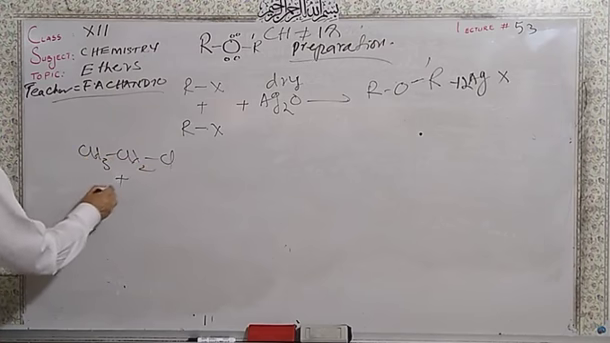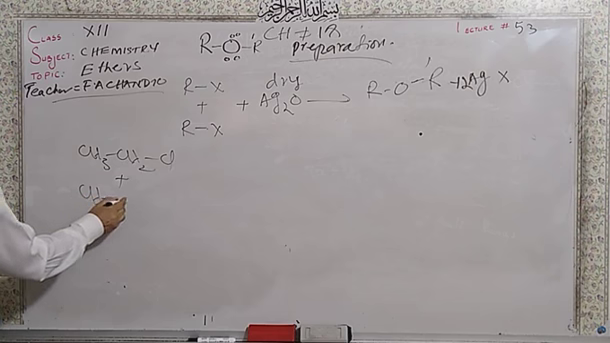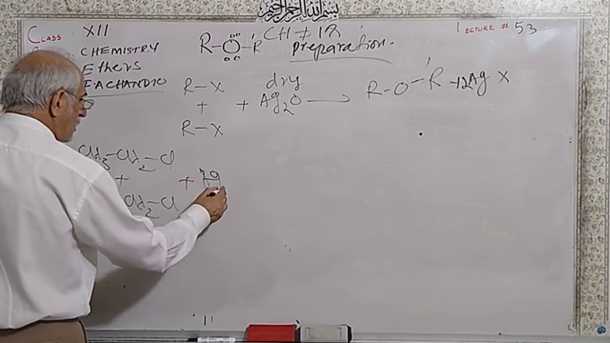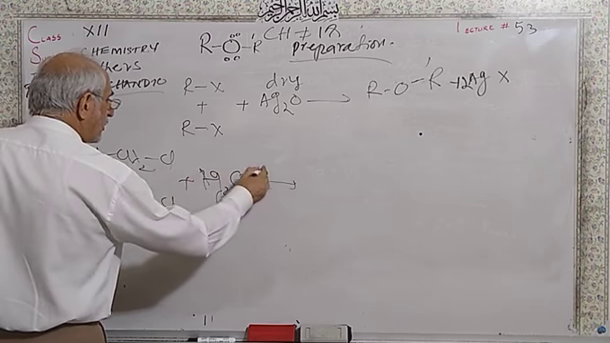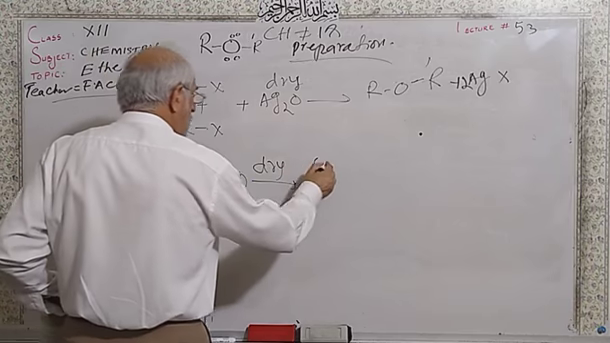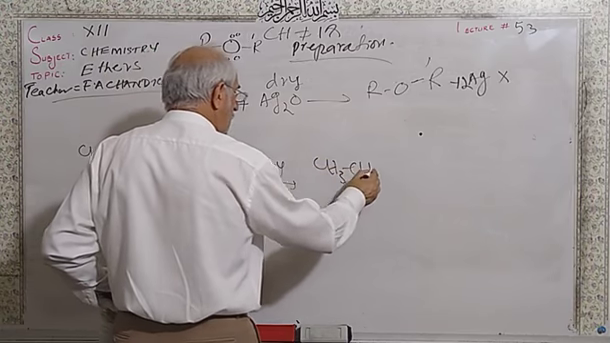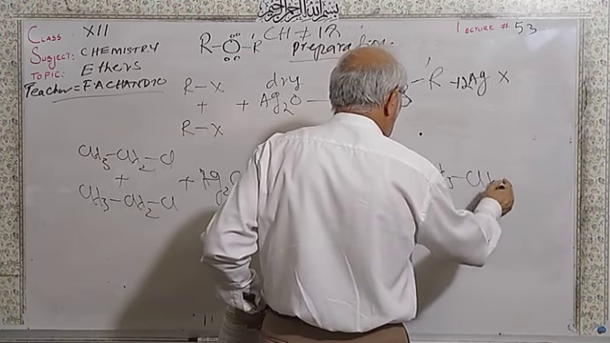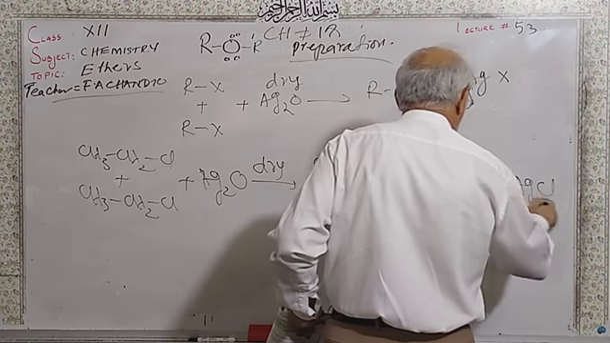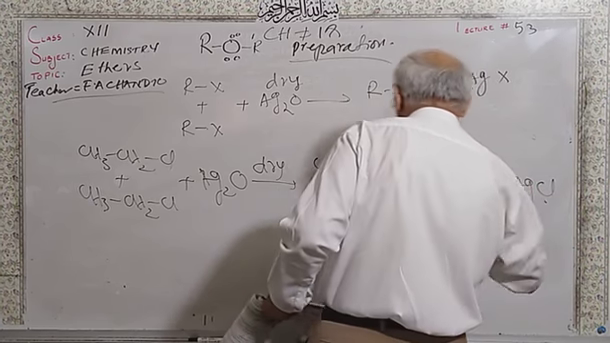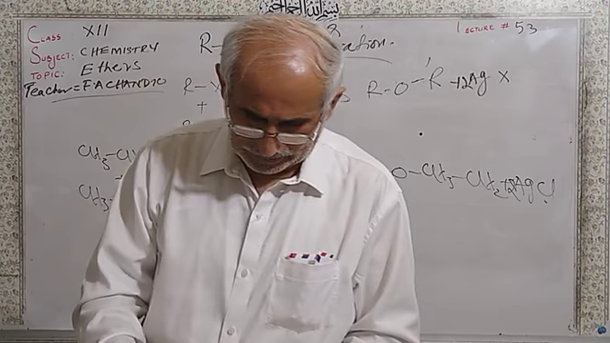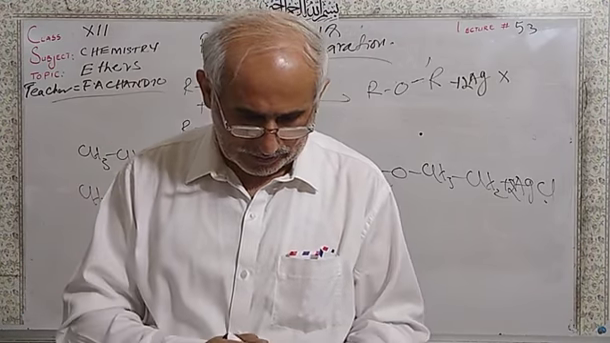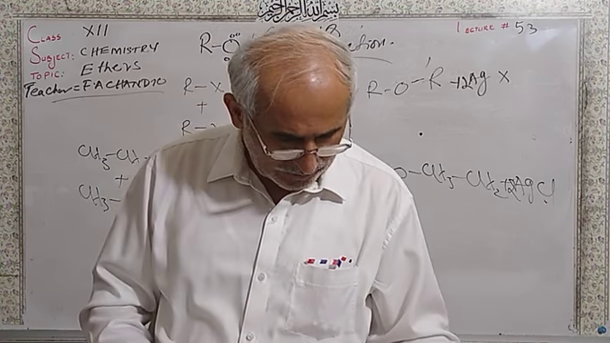Ethyl chloride plus ethyl chloride, silver oxide, dry. So you will get diethyl ether plus silver chloride. So this method is called reaction of alkyl halides with silver oxide. There are two methods. Second method is